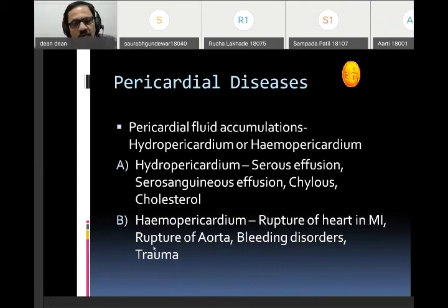Sometimes it is because of rupture of the aorta, or disease of the aorta, certain bleeding disorders like vitamin C deficiency, and thrombotic phenomena in which there is a bleeding disorder. These lead to hemopericardium. And lastly, trauma, as in accidents, in which you will see hemopericardium. So no inflammatory cells, only blood is deposited, and it leads to the complication of cardiac death.